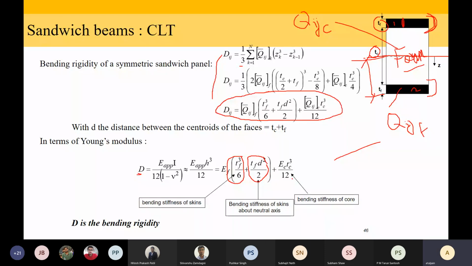So we have taken a completely different approach, but if you watch carefully, this is very similar to the Euler-Bernoulli equation that we have used and how we calculate the area moment of inertia. Do you remember how we calculate the area moment of inertia for an I-shaped beam? We divide it into 3 rectangles. We calculate the I for each rectangle, and then we use the parallel axis theorem so that we have the total I about the centroid. The parallel axis theorem has the term A into Y square, where Y is the distance of the two centroids. So this is something like the same thing that we are getting here also. This term is very similar to the parallel axis theorem results that we have got.